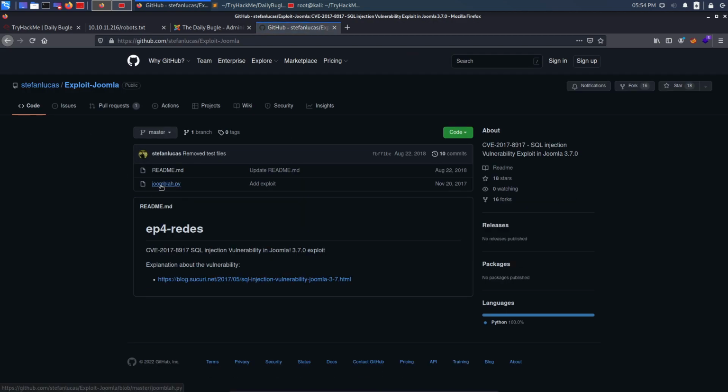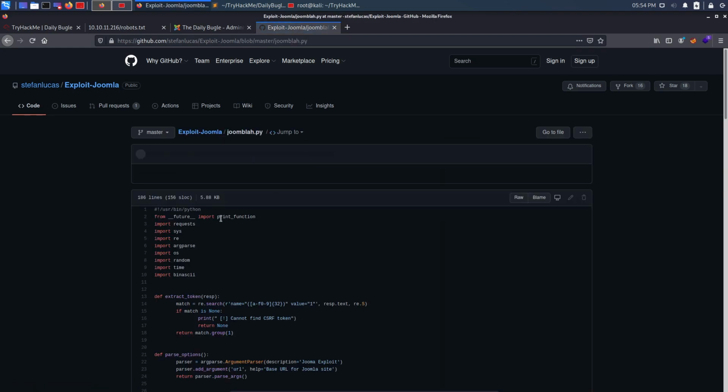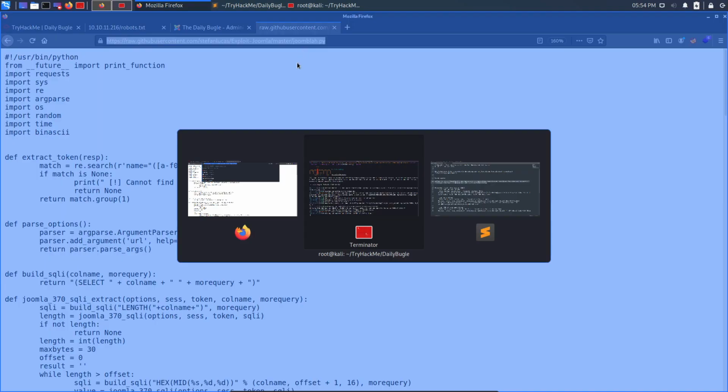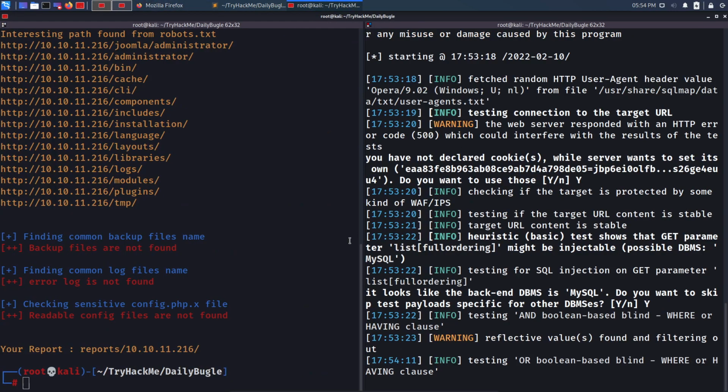So this is basically a Python script. We can also clone the repository by clicking on code right here, and it will show us a link. Copy the link, go to your terminal and type in git clone. Right now I will simply download this Python script. If I click on this Python script and click on raw right here, you can copy all of this script as well, but I will simply copy the URL from here, come back to my terminal, and let's see whether